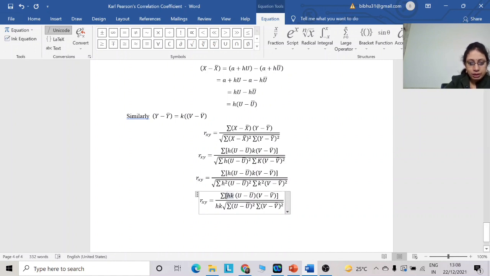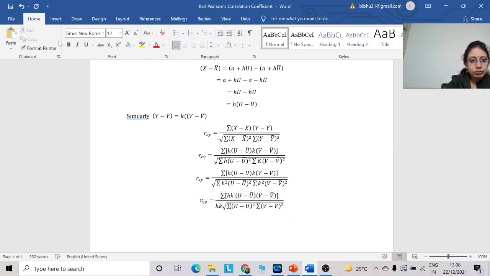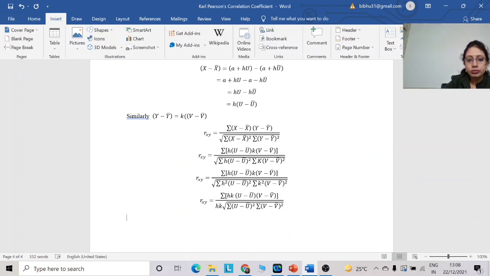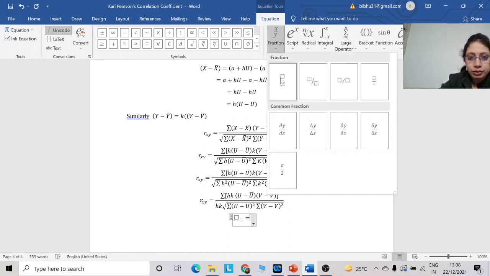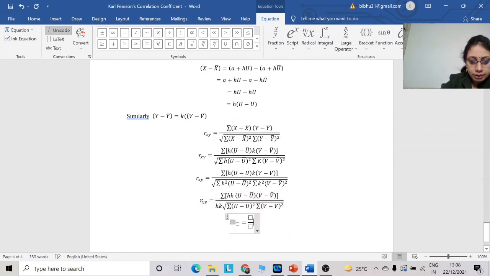So instead of rxy, now I can write it as ruv, okay, which is equal to